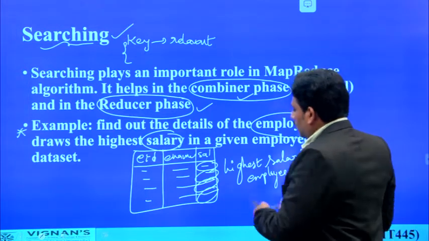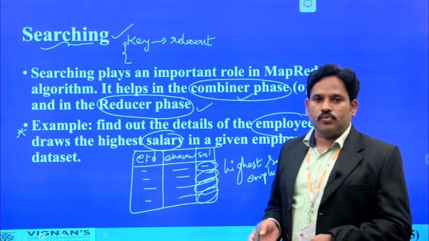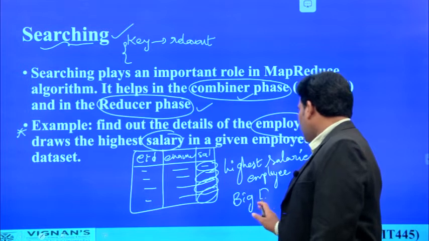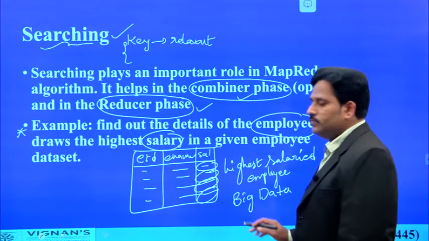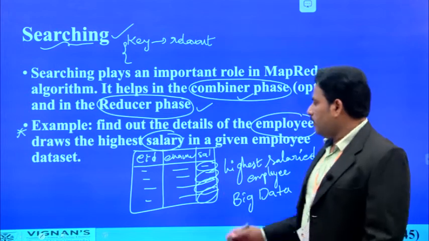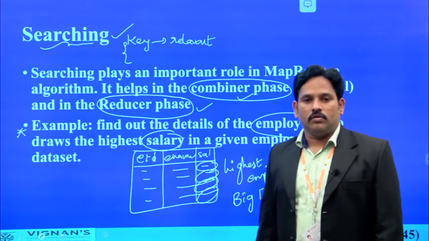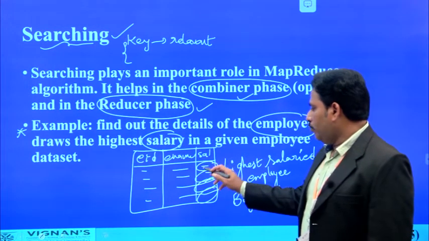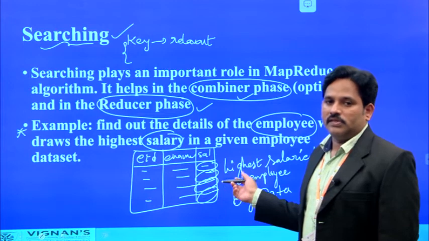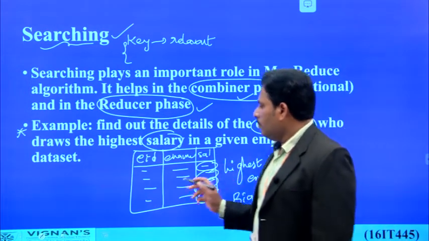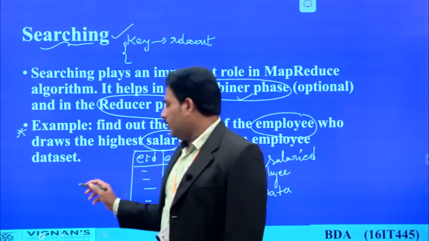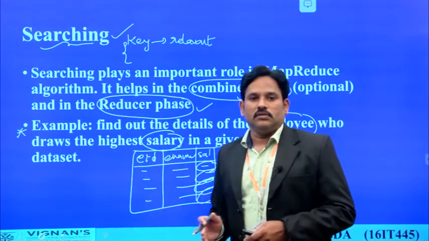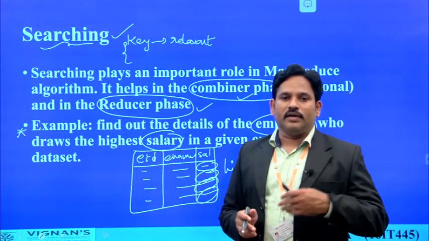Now it looks very simple because we are not using RDBMS concepts. We are going to perform this in a big data environment. So when we are having a large amount of data, in order to execute queries like this, we can take the help of this searching block. So how will the searching work? It will compare the employee ID or employee name with the relevant salary, or based on some key values. Like when we are comparing employees with the salary, here we have to compare the designation also. We can't compare salaries of two employees of two different designations.